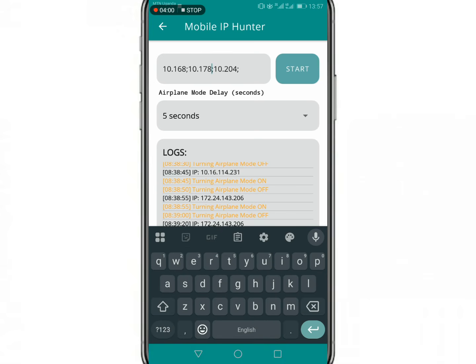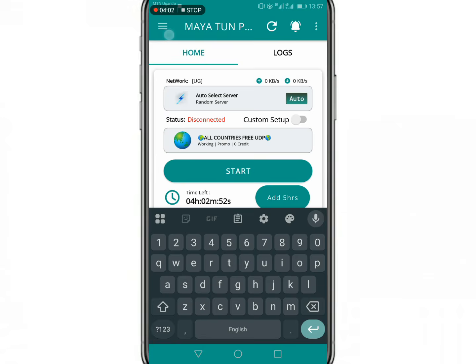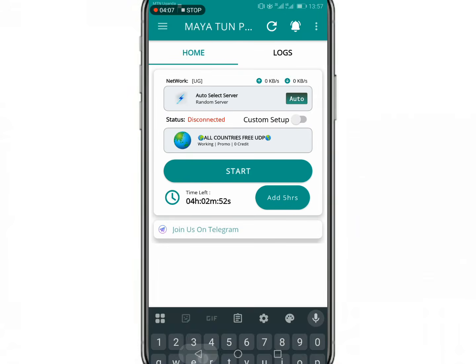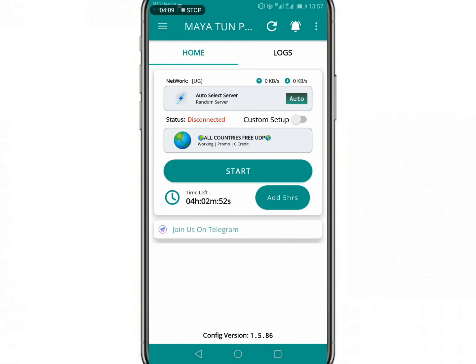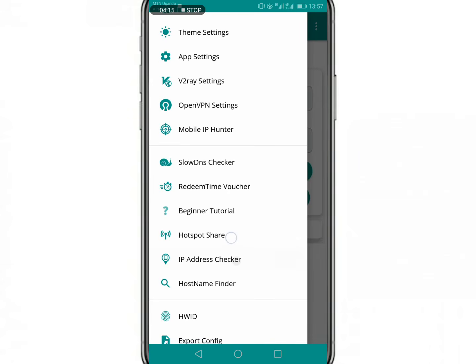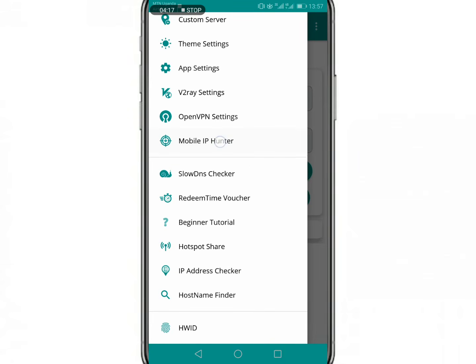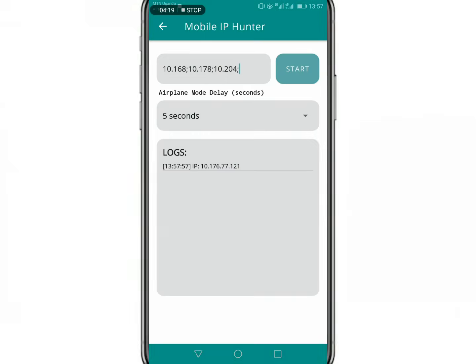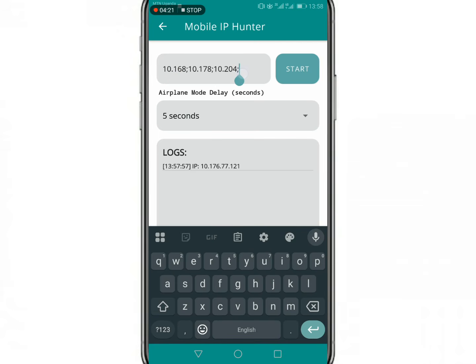After Maya Tan Pro, let me go back to the dashboard. Don't panic. All of you are going to get it. You're going to go right here where we have those flashes, and then look for mobile IP hunter right here. Press these IP addresses as I have pressed them. Remove the last one and then put